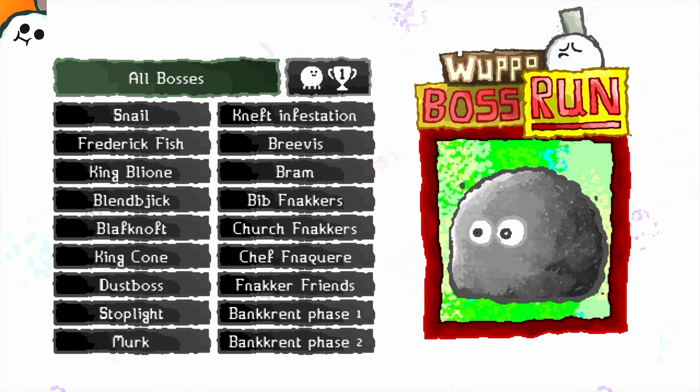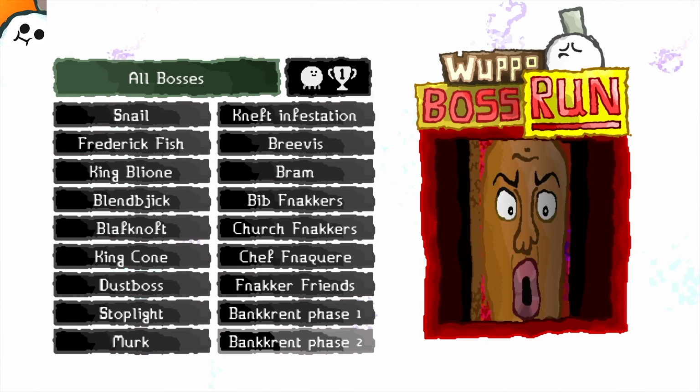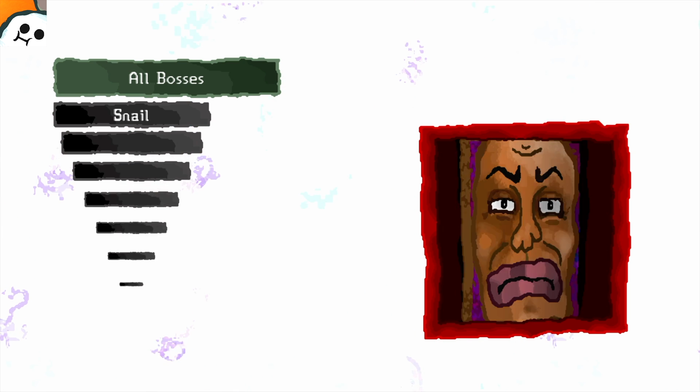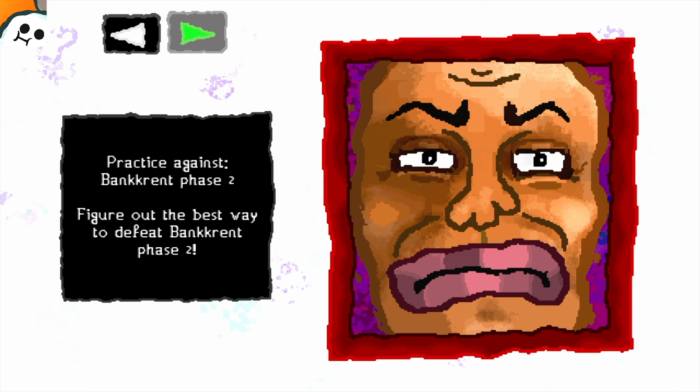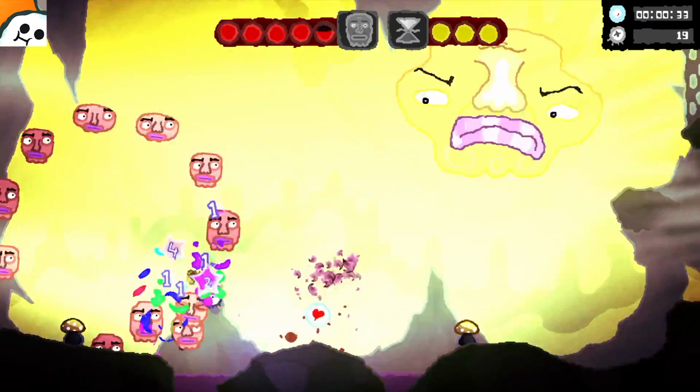To start off with, this achievement might be impossible unless you do a glitch at the start to give you 200 health throughout the run. To pull this off, you have to select Bankkrent Phase 2 in the Boss Rush mode. From here, fight him like normal, which is good practice for later, up until the point where he gets stunned